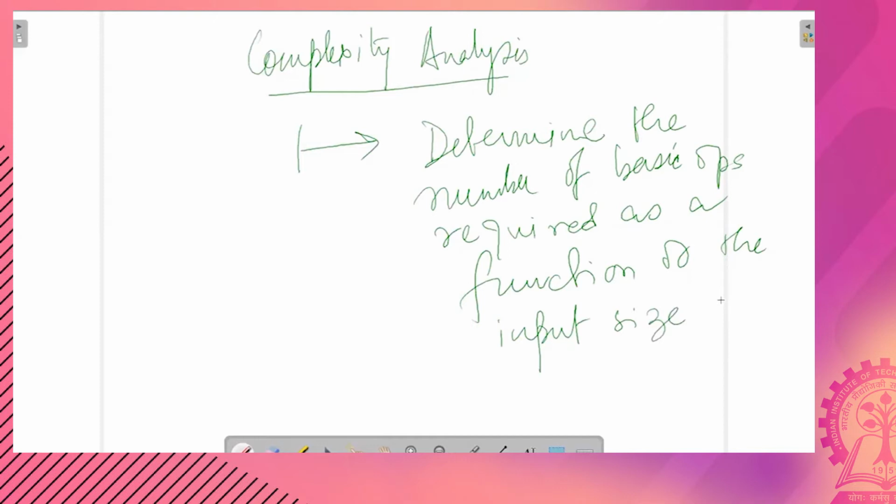Okay, so this is what we basically try to do while estimating the running time complexity of an algorithm.